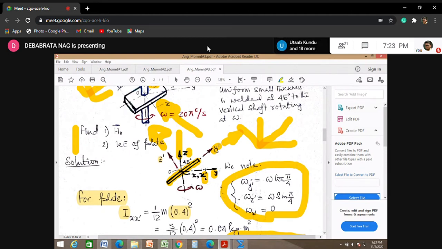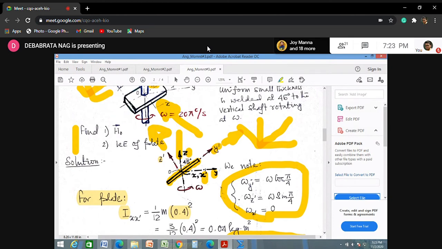So your answer will be, in the y direction, 0.444 cos 45 degree minus 2.221 sin 45 degree. Correct? So naturally, the y angular momentum term will be negative. And what about z? Z will be both plus, and therefore it will be 0.444 cos 45 degree, or rather sin 45 degree, 0.444 cos 45 degree or sin 45 degree plus 2.221 cos 45 degree. Actually, it should be cos.